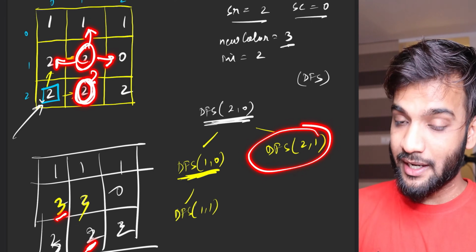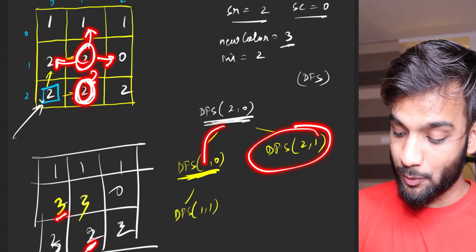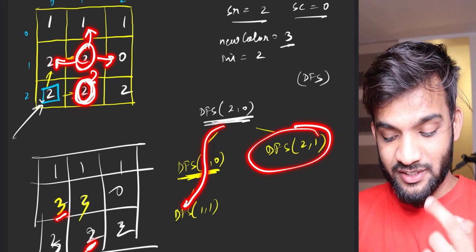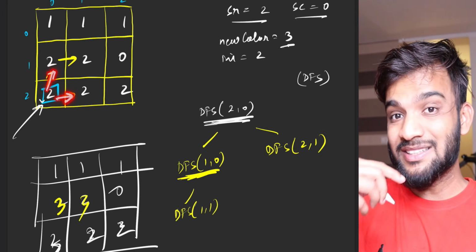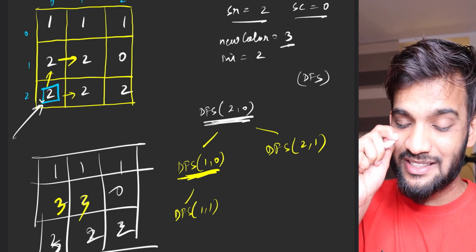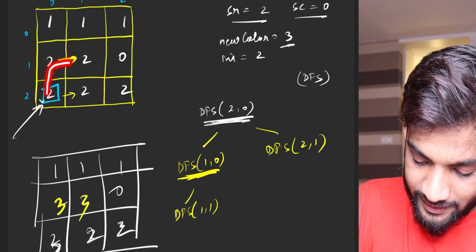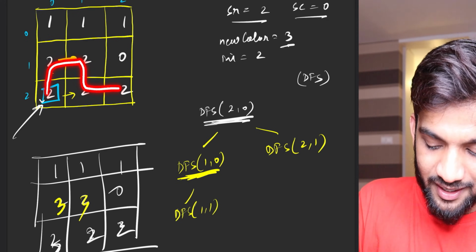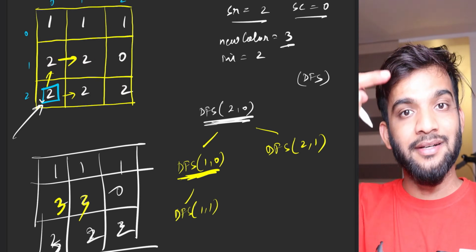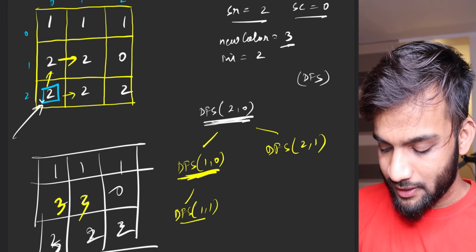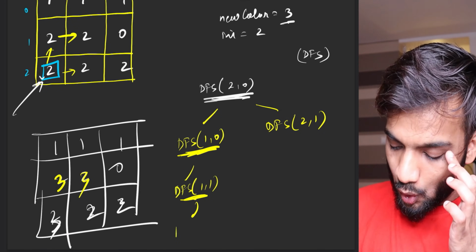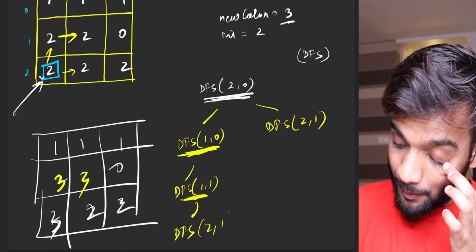It will be visited, but that DFS has not been called yet. It will be visited, but it was supposed to take two sides. But since it is DFS, it will go like this, then like this, then like this. DFS, depth first search at first. Okay. So what will happen is this DFS of 1 will now call for DFS of 2 comma 1, and